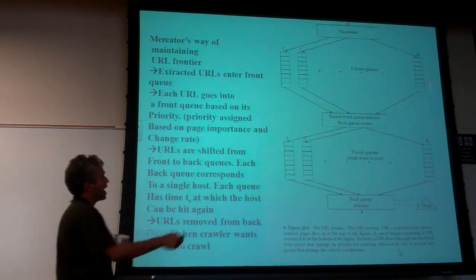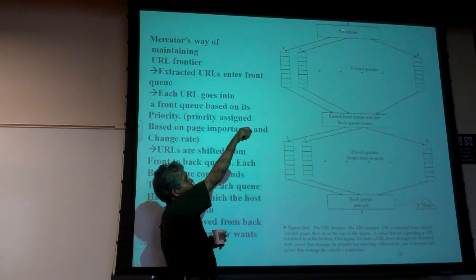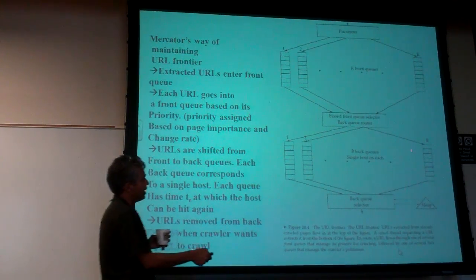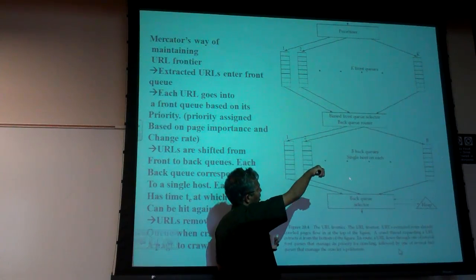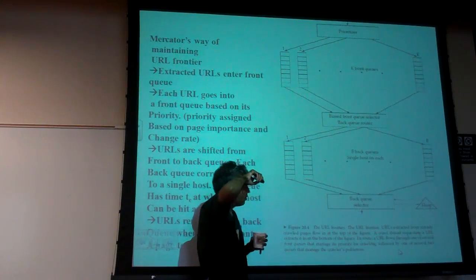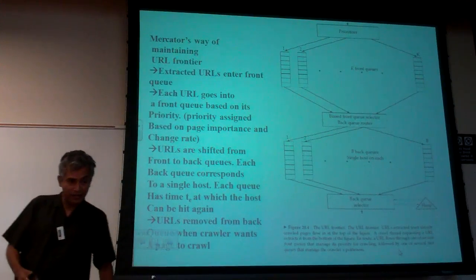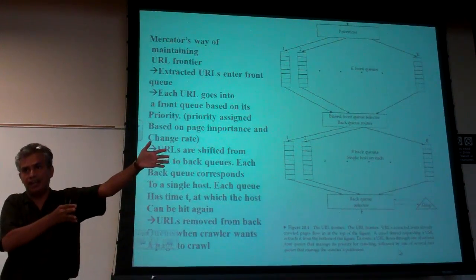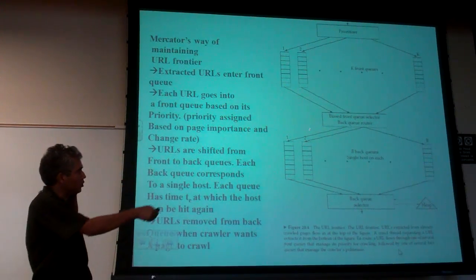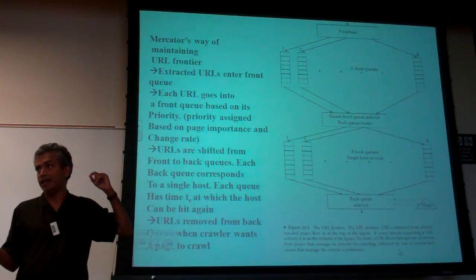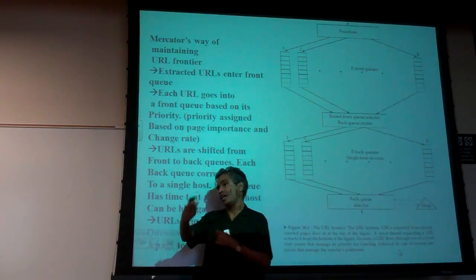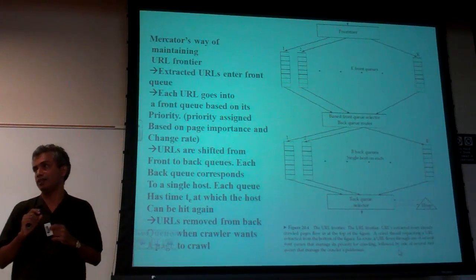And so of course, as the URLs come in, you have to prioritize them and put them into these queues, the more important versus less important queues. Then, having gotten them, when you pick the URLs to be crawled next, there are other backend queues. What these are doing is making sure that for each important site, let's say CNN, there's a queue of all the URLs from CNN that you're going to hit, and all the URLs from NY Times, and so on. The idea then is you would do round robin, so that after one CNN you do one NY Times, then one something else before coming back to CNN.